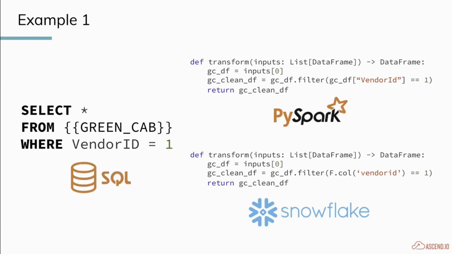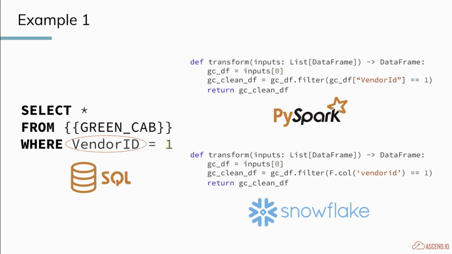But for those of you who haven't seen it before, on the left, you have a SQL command, right? And on the right, you have PySpark on top and Snowpark on the bottom. Apologies for the Snowflake symbol. I couldn't quite find a nice Snowpark logo there, but Snowpark is Snowflake's take on how to have a Spark integration. This is going to be their API calls and those sorts of things. But the point here is to point out the similarities.